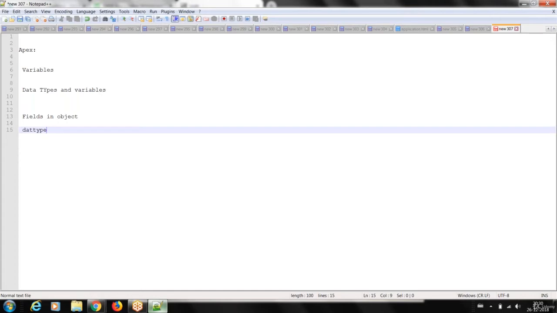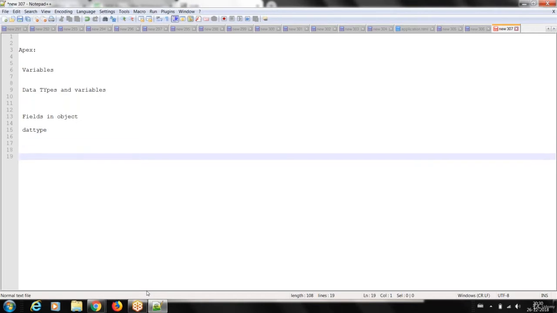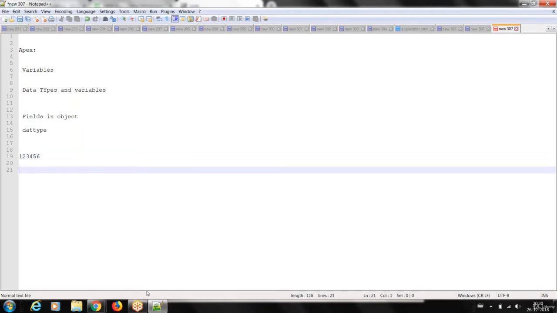Now let's see. I want to store the roll number of a student. The roll number will be in this format, something that looks like a number. Whenever I want to store a student name, it may be like this, which looks like text.